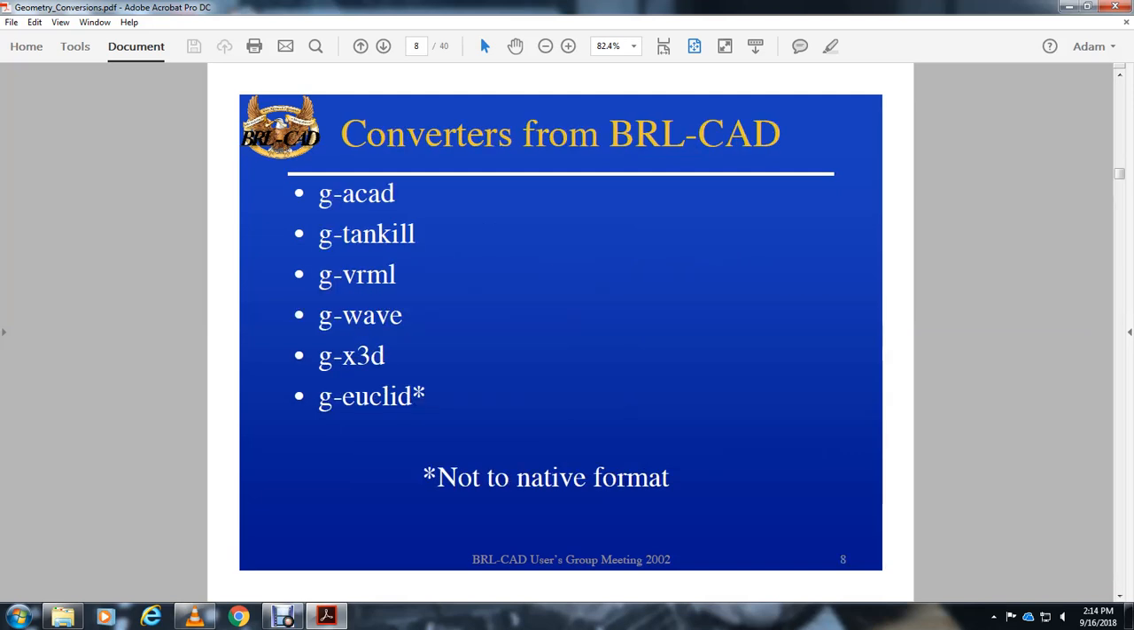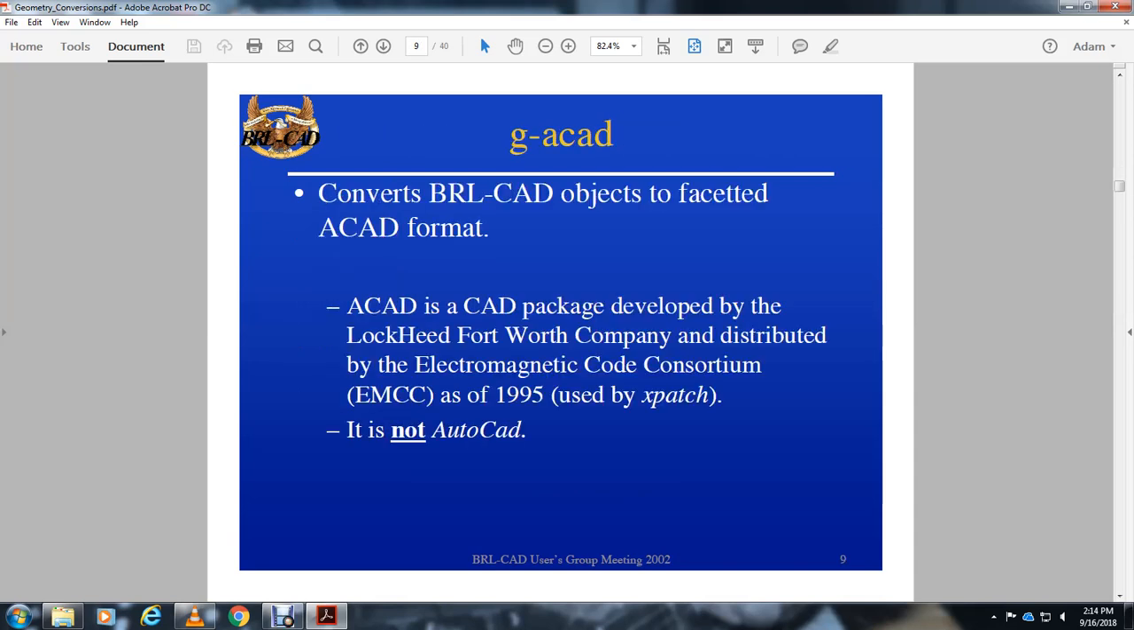You have your database: ACAD, 10-kill, virtual reality markup language, Wavefront, X3D, and Euclid. The star means that they are not native format. BRL-CAD objects